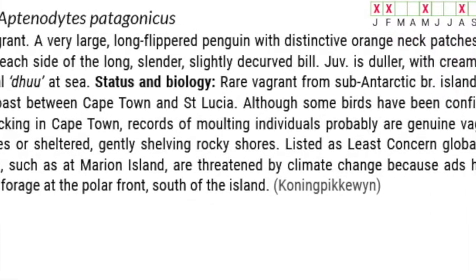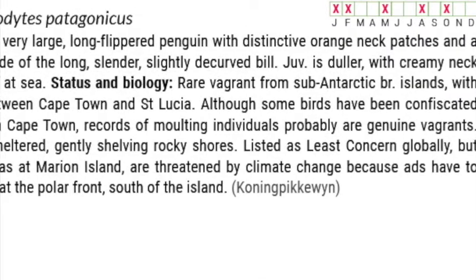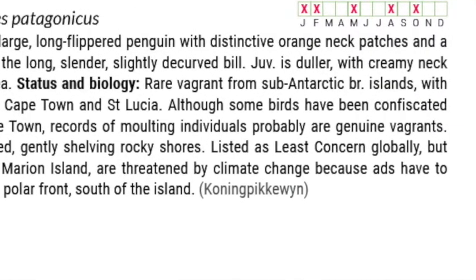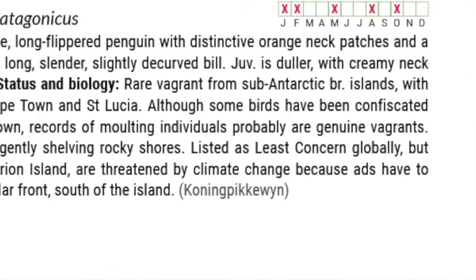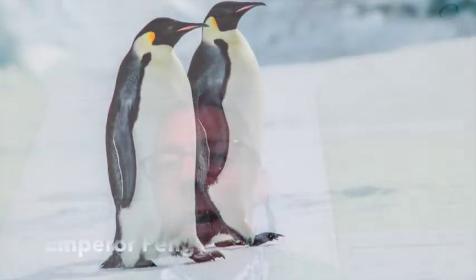Emperors are at risk because they breed on sea ice. So the female lays her eggs on her feet and then passes it to the male. And then he sits and holds that egg for about 3 to 4 months during the middle of the Antarctic winter. And when the spring comes, the females come back from the sea and they start feeding the chick. And that chick has to grow up and fledge, grow feathers to be able to go to sea before that ice melts. So obviously with climate change, the ice is breaking up sooner.